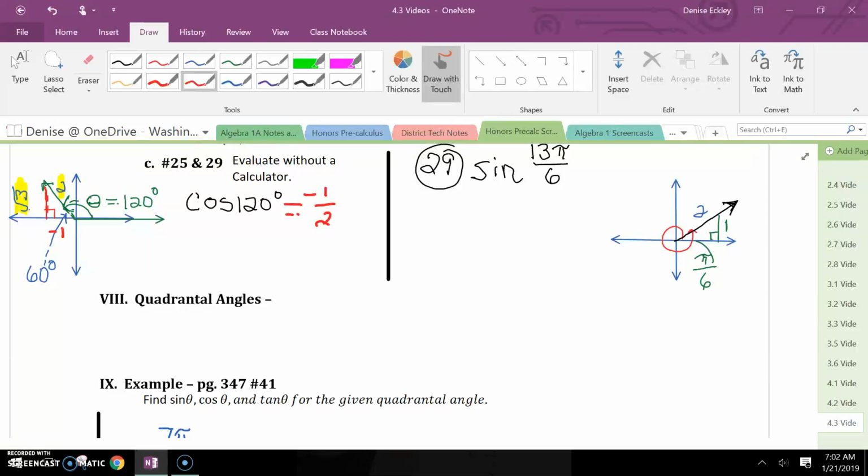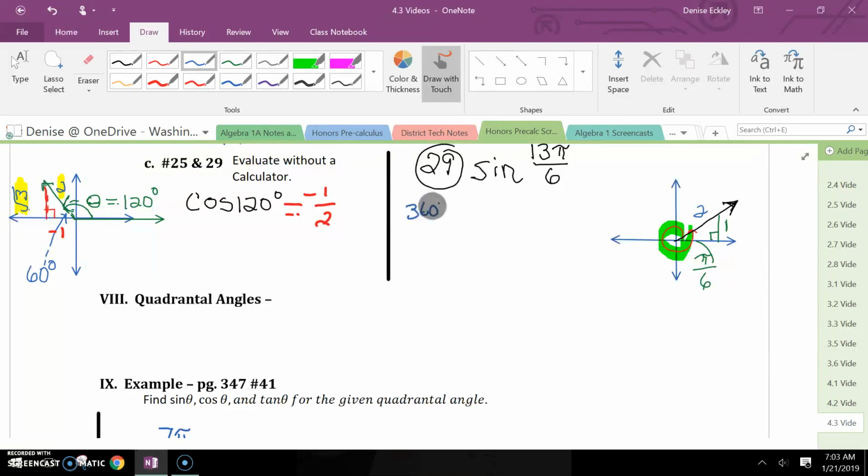Now number 29, very similar, except if you can see the way I drew my angle in standard position. I started at 0. I'm showing a counterclockwise direction around that, and I go past the 360 and up to the terminal side of the angle. Now, what I want to note is that